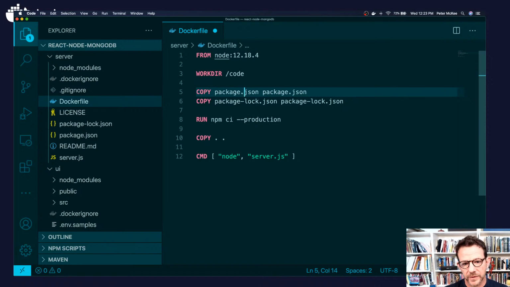Once that happens, down here in line 10, we're going to copy in our source code. We're going to copy everything in the current Docker context that we're working in, and copy that into the code directory inside of our image. And then down here, we execute node. We start up our server. So as we're walking down through here, package JSON gets copied, package lock, we install, and then we copy our source in. So now we start working, we change some source code, we've updated some things, and we rerun our